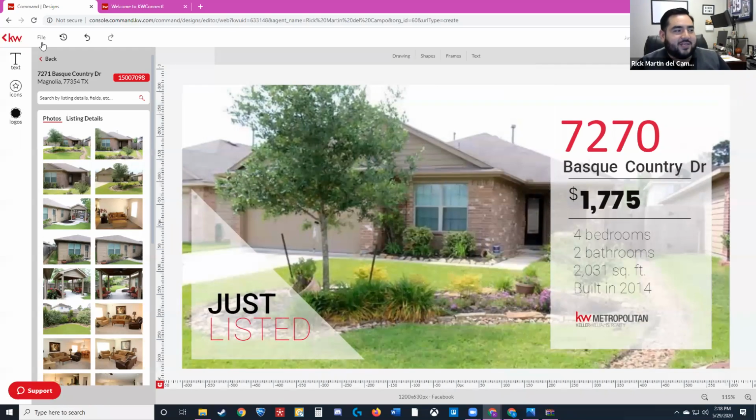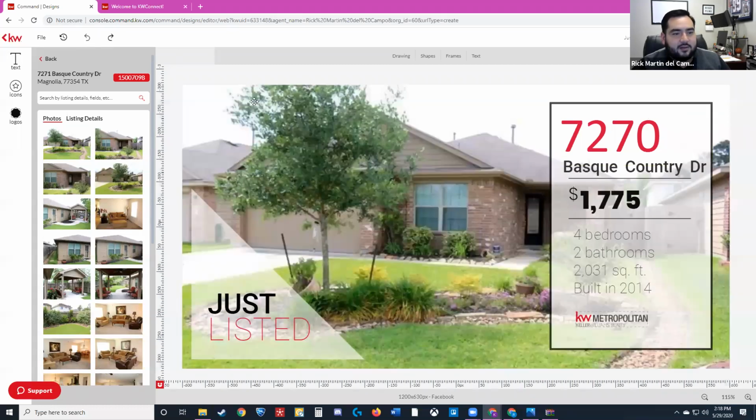You'll see up here, there's a file, a history button, and then the undo and redo. Right now I just took the stroke away, and if I go back, it'll take it back to the previous. It's the undo, like Control Z. I know it's still a work in progress, and there's a lot more features they'll probably be adding or updating. But for the most part, it works.